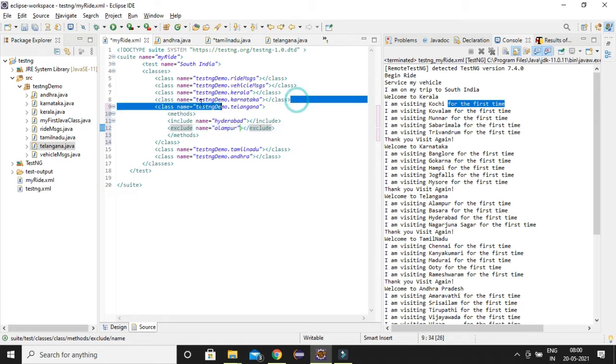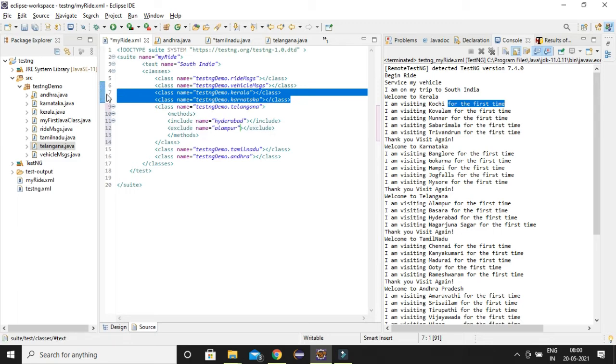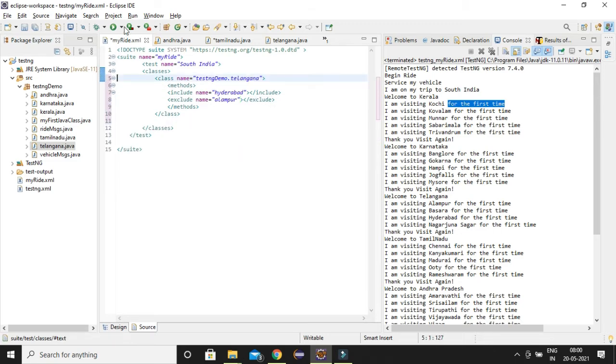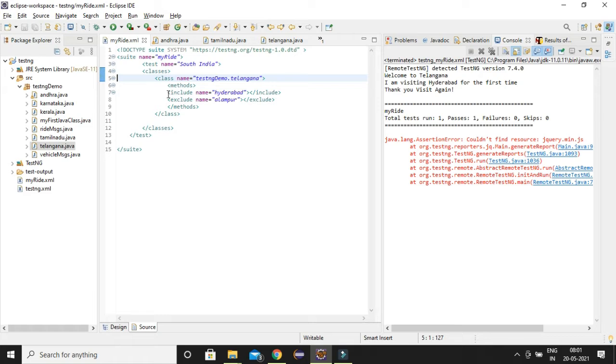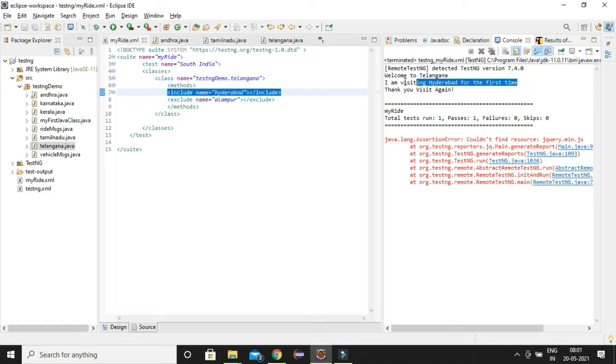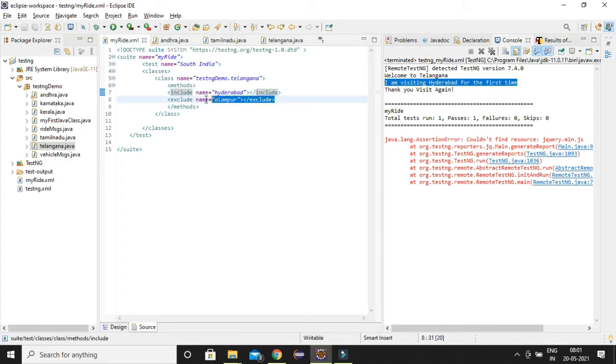Let me remove the remaining classes for now. Let's execute this. See here, I have included Hyderabad, which means only Hyderabad will be executed. Actually, when I include Hyderabad, all other locations will be excluded, so you need not explicitly mention this, but you can see the functionality here.